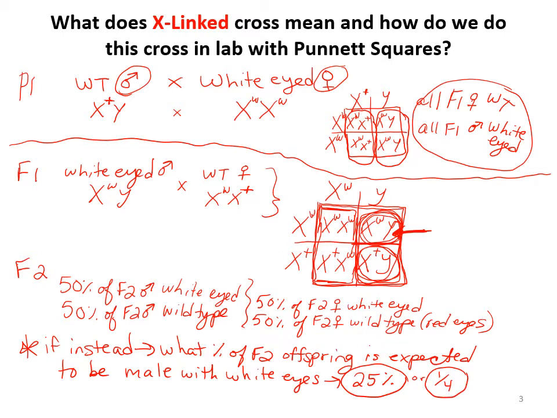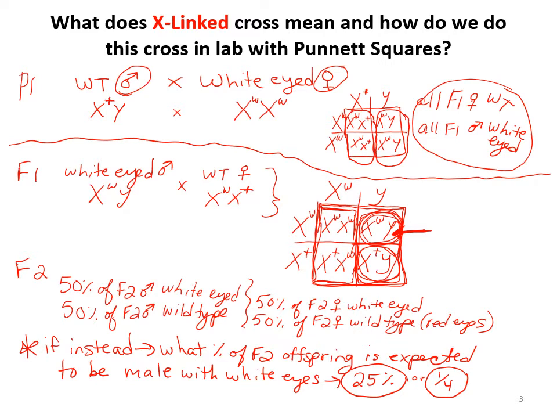Either one. Okay? So on a quiz, I might do it as the fraction just so that you look at your Punnett square and you say, okay, 1 out of the 4, or 2 out of the 4, 3 out of the 4, rather than having to convert to any percentage. Okay? So this is our first possible cross in which the mutation started out in the P1 generation on the